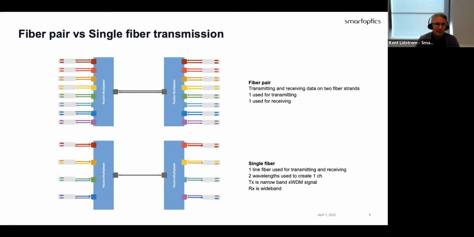So if you look at these two examples, you still use 8 wavelengths in both cases, but in the fiber pair solution, you get 8 services out of 8 wavelengths. At the bottom one, you only get 4 services out of 8 wavelengths. So everything related to transmission solutions is on fiber pair, because that's when you do amplification and all of that stuff is done on fiber pair solutions. So then you can jump to the next part.